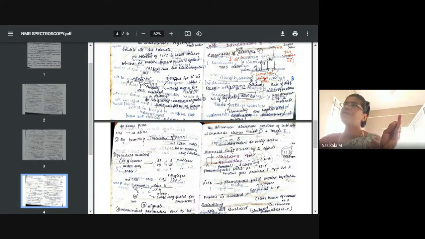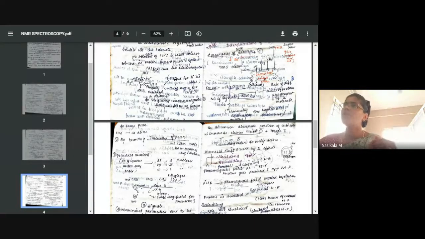After interpreting the spectrum, we have seen two parameters. The first one is the number of signals. If you are given an NMR spectrum, after analyzing the sample and getting the spectrum, immediately you want to count the signals. How many signals are present? For ethanol, there are 3 signals. What information do you get? How many kinds of protons are there: 3 kinds of protons. One is CH3, another is CH2, and another one is OH. So protons are associated with 3 groups.